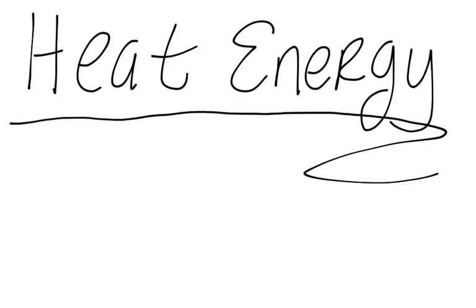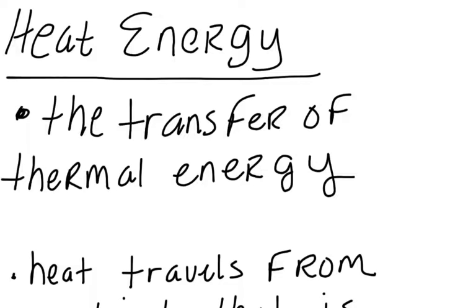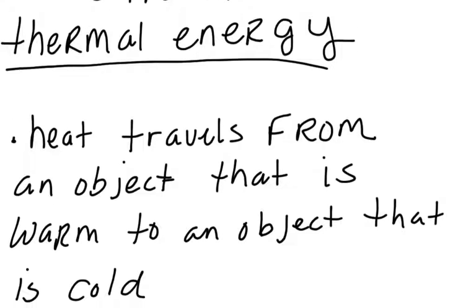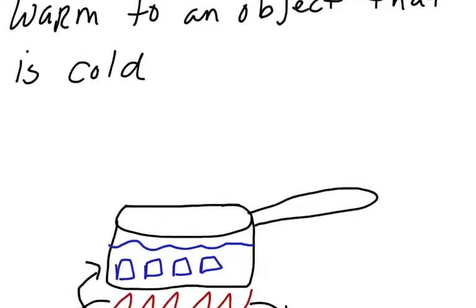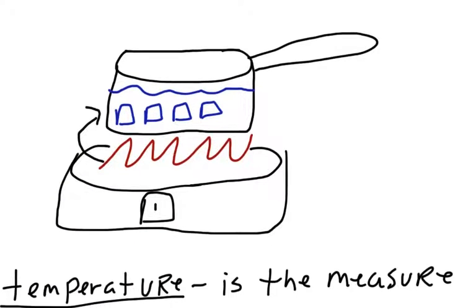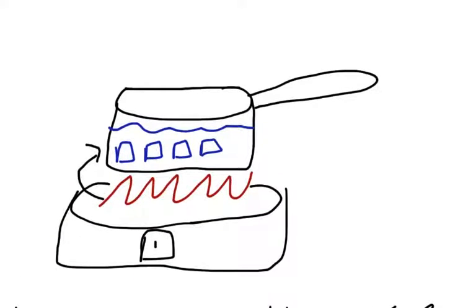Alright, so let's talk about today's lesson about heat energy. Now, heat energy is the transfer of thermal energy. Heat always travels from an object that is warm or hot to an object that is cold. Like in this example right here, the heat goes from the hot plate to the pan that has ice water